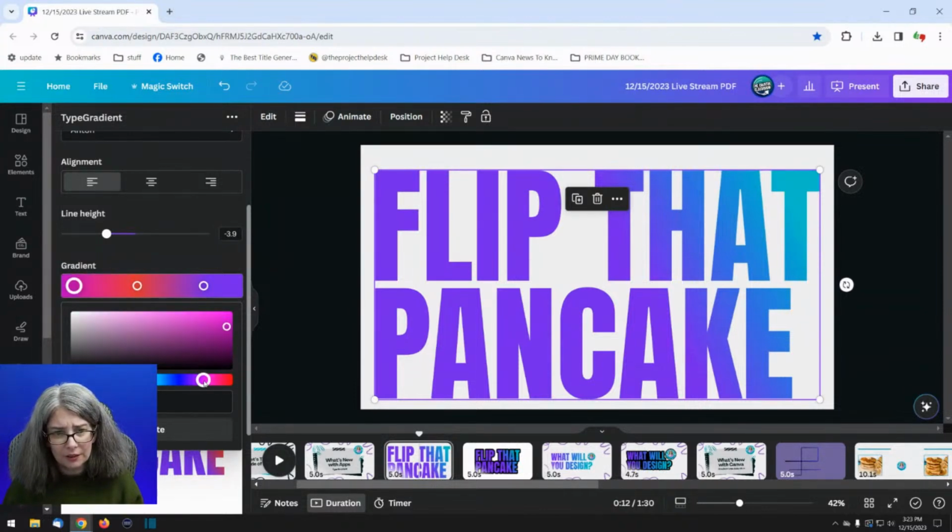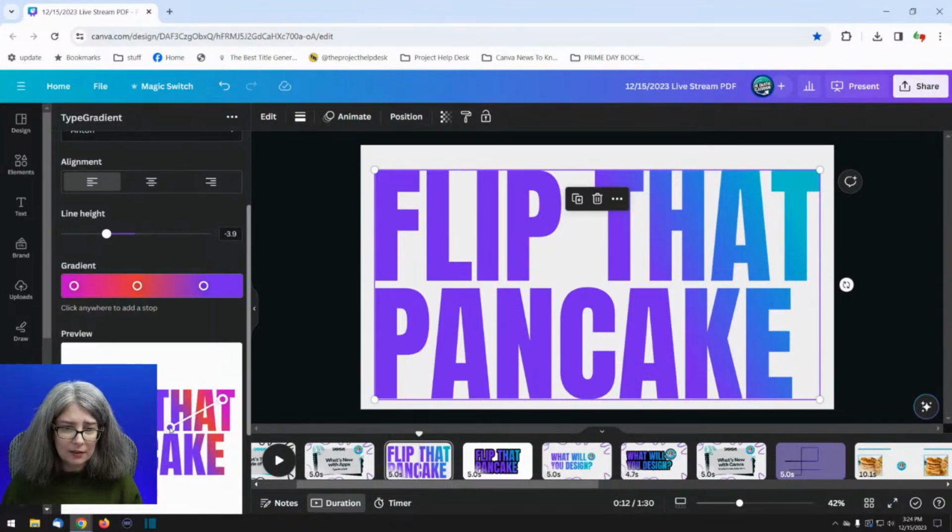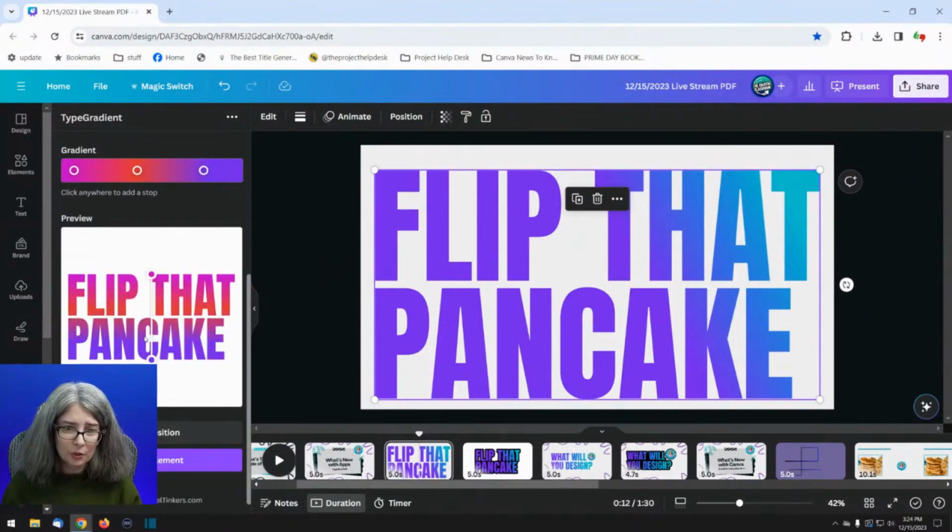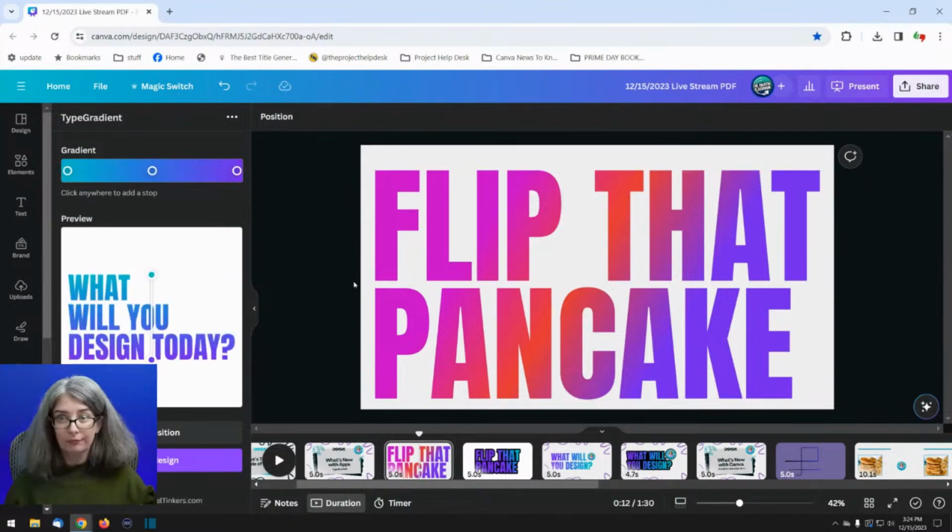Let me change that color to something else, maybe that. Now we're going to take a look and see what this looks like. Actually, let me reset position. I just want to see what this one is. We can just pull this one up out of sight or down. It's just really, really cool. I could play with this all day. And then update element, and there it is. Flap, flap, flip that pancake. There it is.